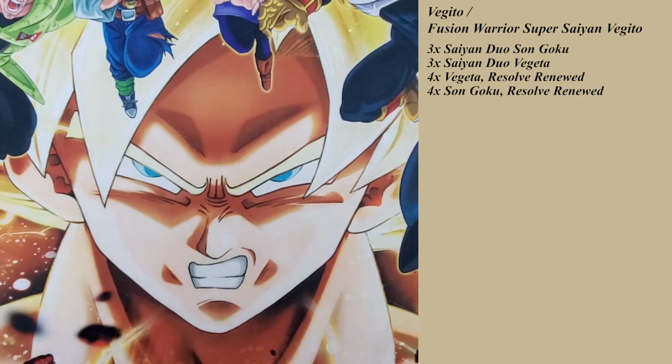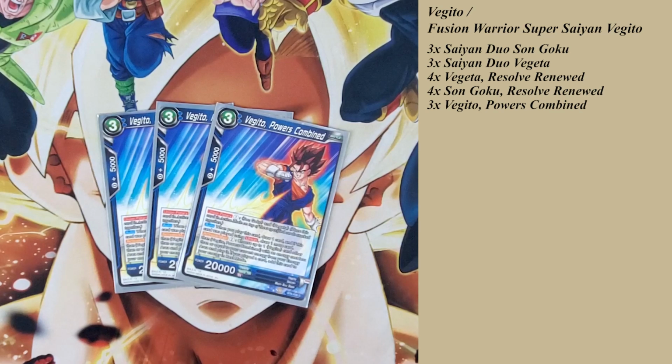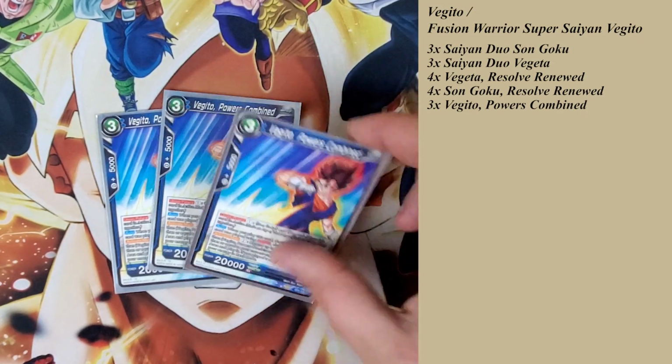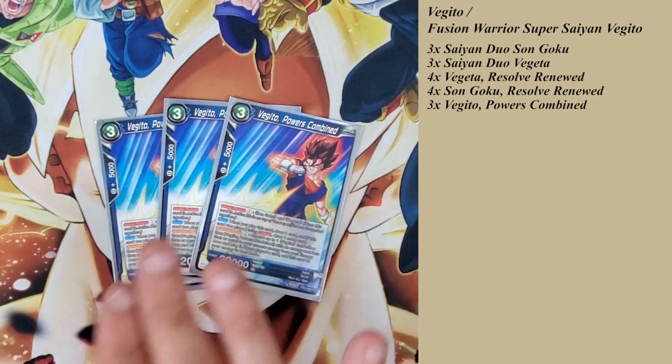Then to help supplement the fact that the leader doesn't draw much, and in weird situations where you're forced to play out the Goku and the Vegeta really early, we do run 3 Vegito Power Combined. So for 1 energy, you get to Union Potara the 2 cards, and then you get to draw 2 cards, because when he's played, you draw 1. And then if he was played by Union Fusion or Union Potara with a Union skill, you get to draw an additional card. So you are losing a little bit of hand advantage because you're giving up the 2 cards on the field plus the 1 in hand to just draw 2, but it moves and cycles your deck,